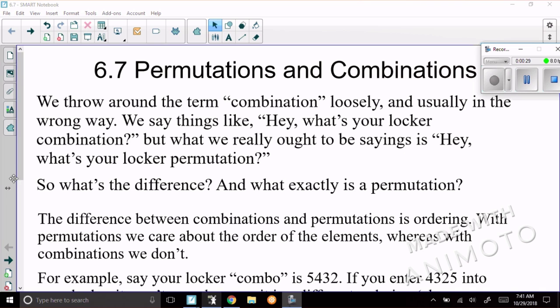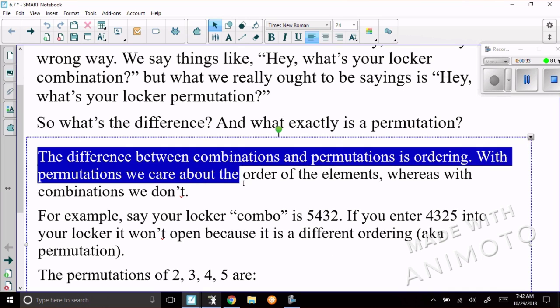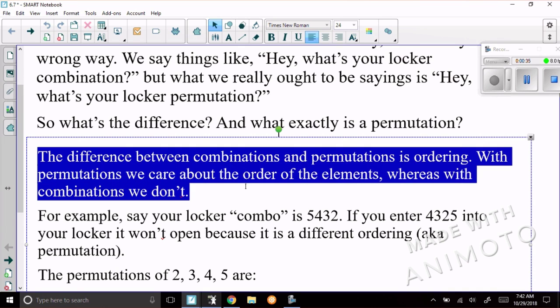The difference, this is definitely something you should write down. The difference between combinations and permutations is ordering. With permutations, we care about the order of elements, whereas with combinations, we don't. So for example, we might say our locker combo is 5, 4, 3, 2. If you enter 4, 3, 2, 5 into your locker, it's not going to open because it's a different ordering, aka